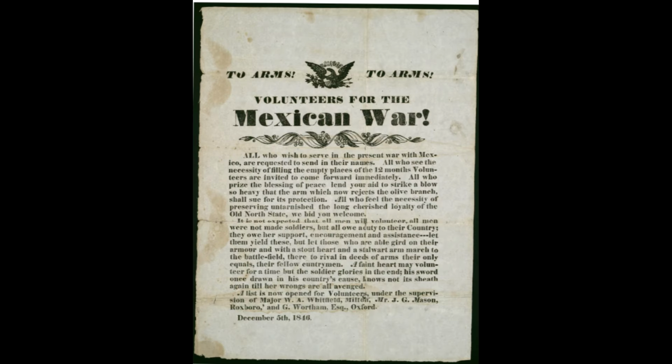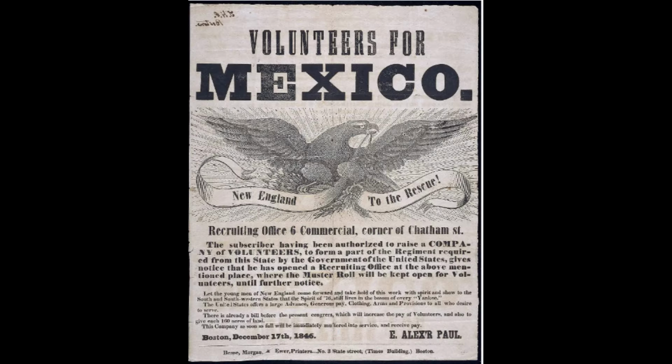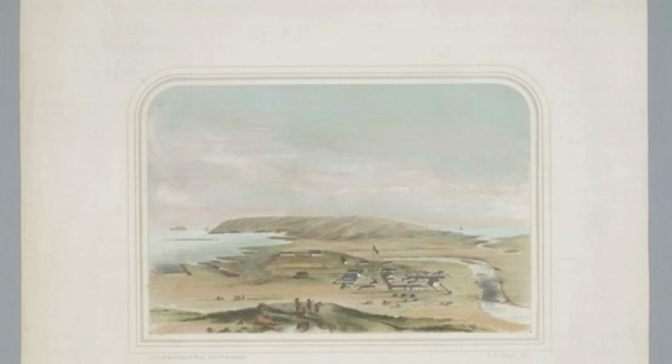And you have this call to arms, volunteers for the Mexican War, recruiters, and people everywhere in the Union saying, let's go ahead as a nation, gather together, and fight the Mexicans. And one can only imagine what people were thinking in Old Town San Diego in those years. Because at some point word would get back to San Diego, and things were going to, in the coming years, get incredibly dicey and very turbulent, and it's going to happen very quickly.